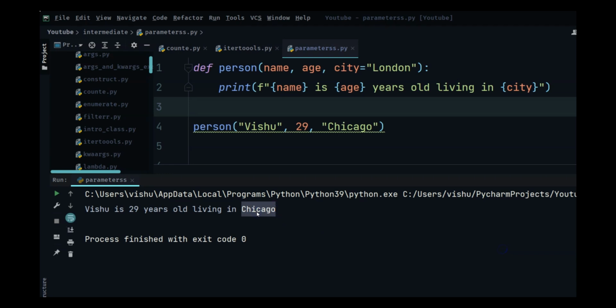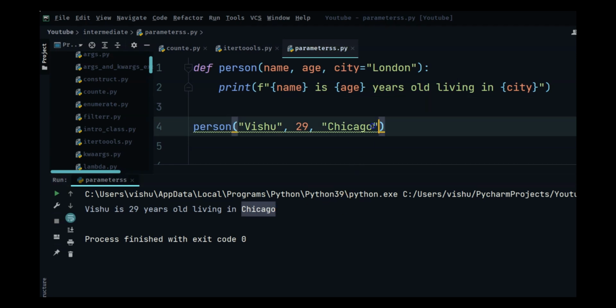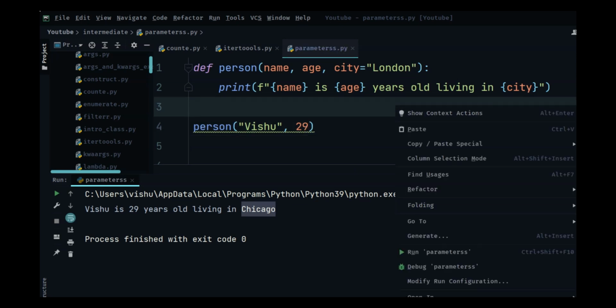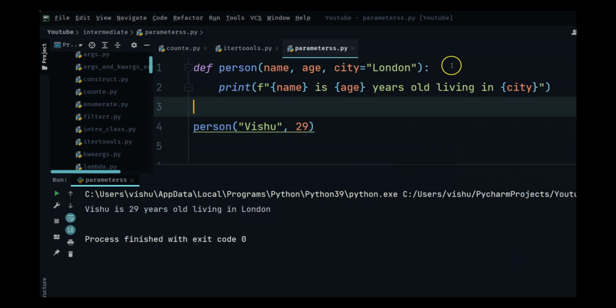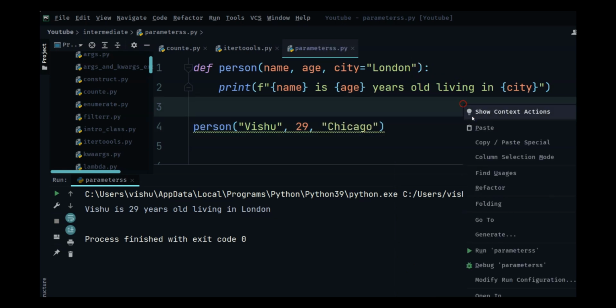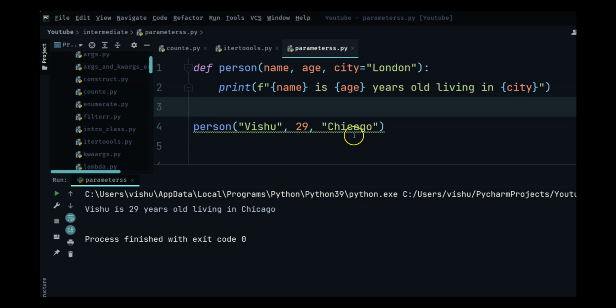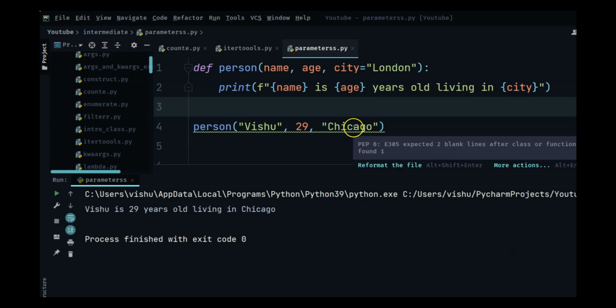What you have to understand is the default value is the value that you give if the user forgets to pass in a value for the city. So if I run this now, there is no value for city and that is why it is taking London. But if I pass in a value, it is going to take the value the user gives.